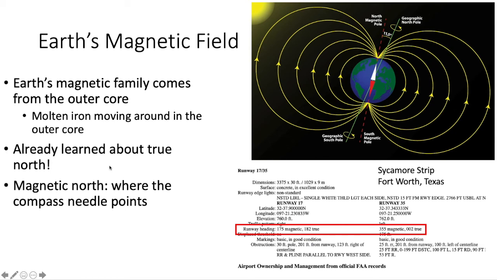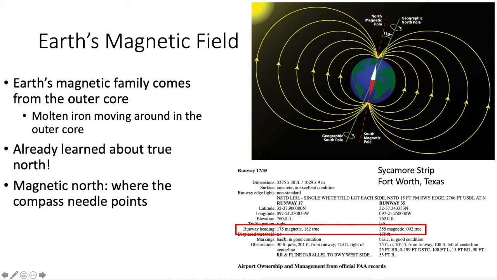I have a quick example. As some of you may already know, or as I may have mentioned earlier in class, I used to fly planes when I was back in high school. The main airport that I would fly out of was Sycamore Strip, which is an airport just south of Fort Worth. Every time we'd get into the plane, I would have to reset the compass because the compass had been floating around and had some imprecision built into it. So I'd always have to reset it